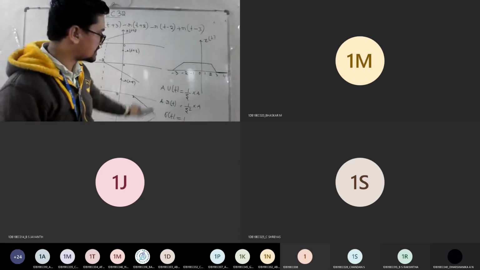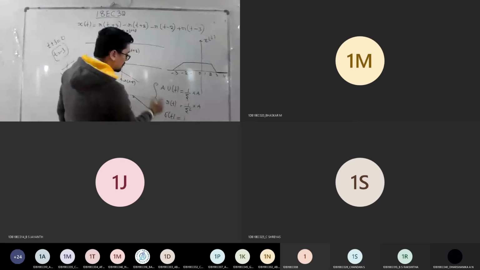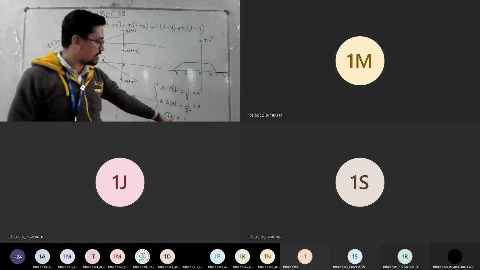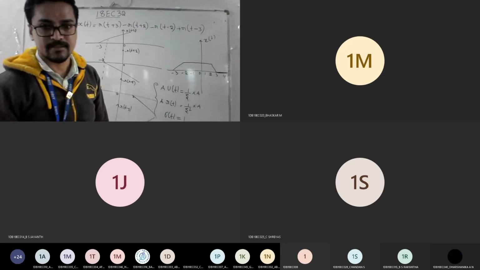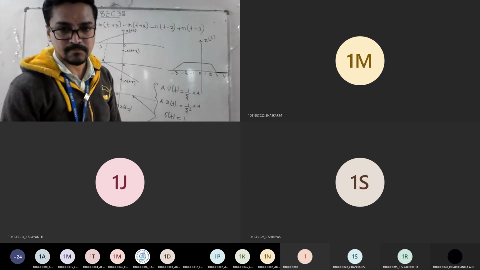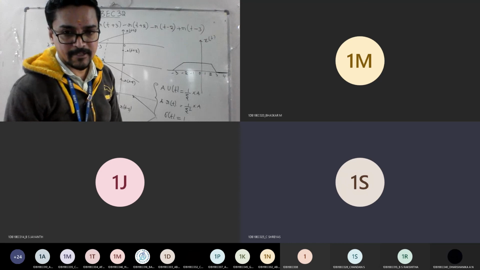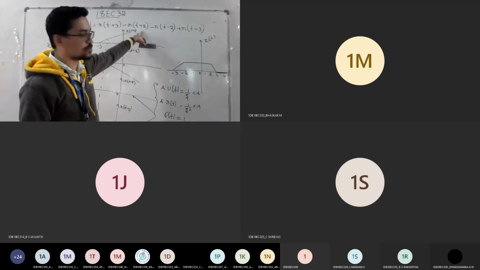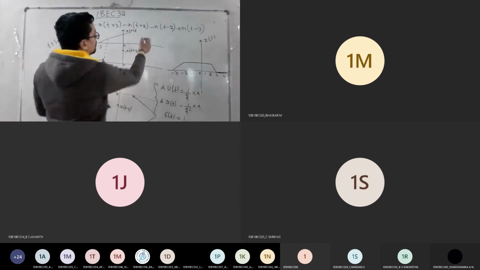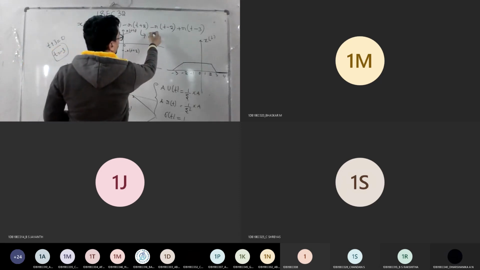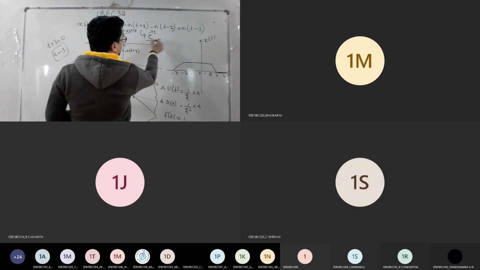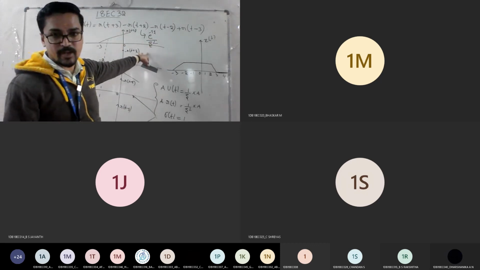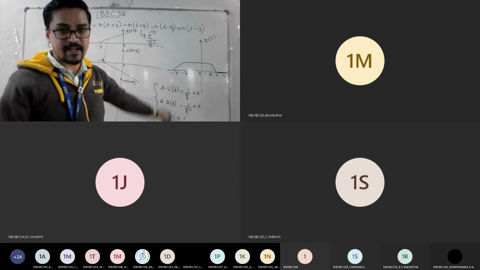Fair enough? So just remember these three formulas. Laplace of u of t is 1 by s, r of t is 1 by s square, and delta of t is 1. Is it fine here? Yes, sir. So if I give t plus 2, same thing: e power minus ts divided by s square now. Don't put s. The denominator becomes s square because it is a ramp function. Is it fine here, everyone?